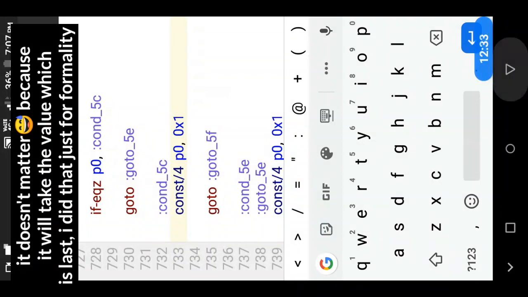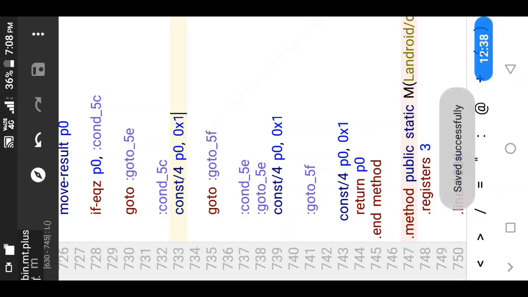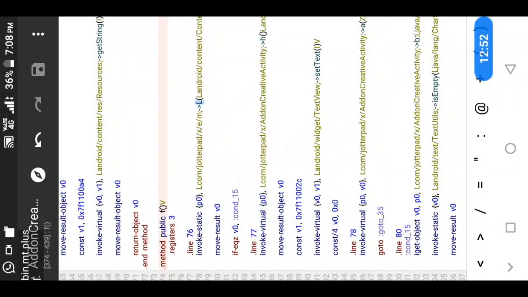So let's run this. Save. Let's go back. So now we have made v0 1. So now this will not go to condition 15. So this code will be executed and the button text will be set to purchased.